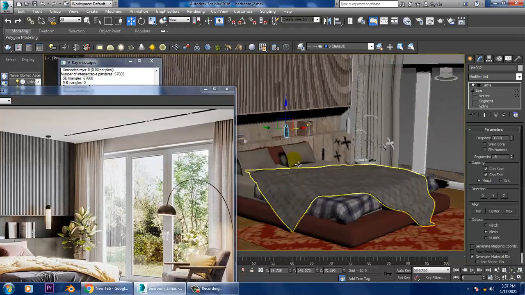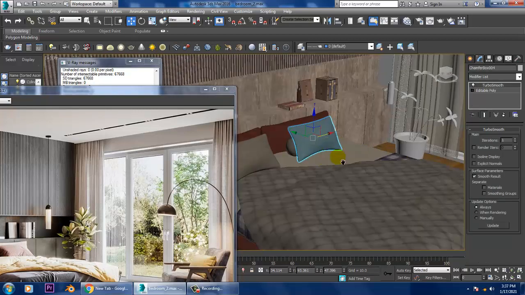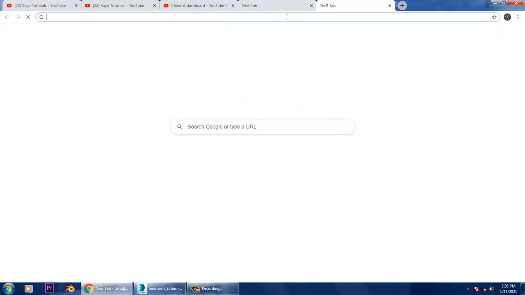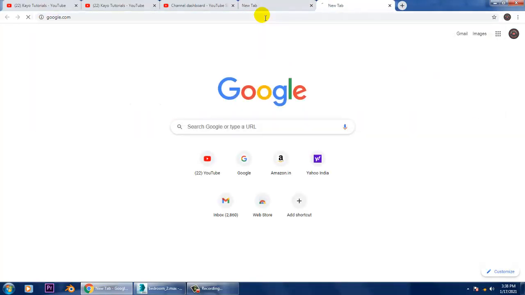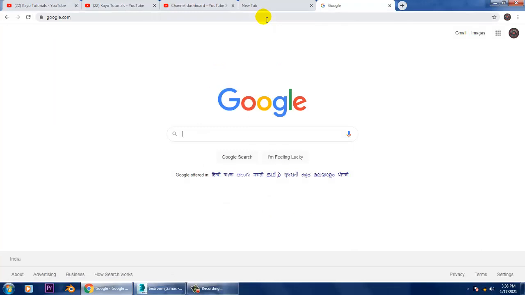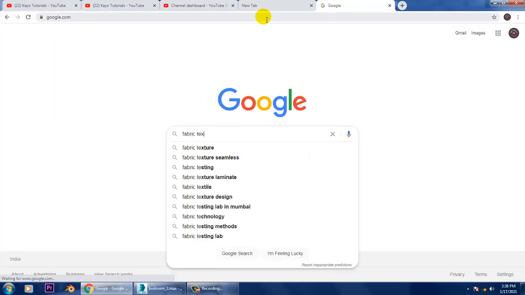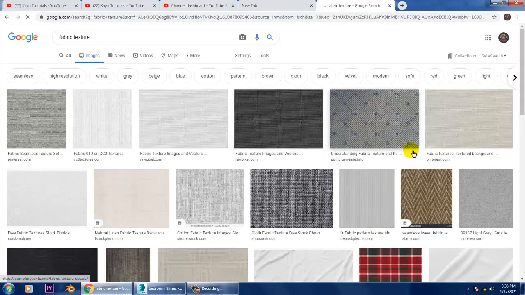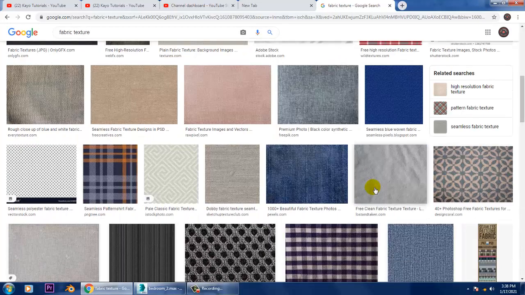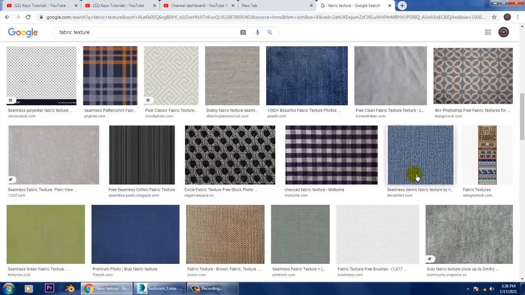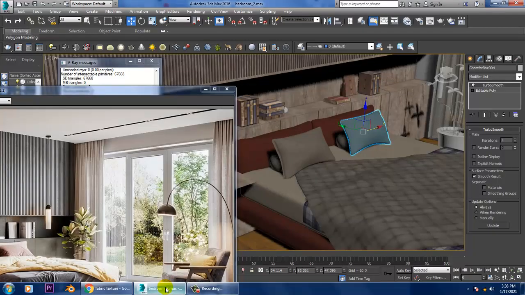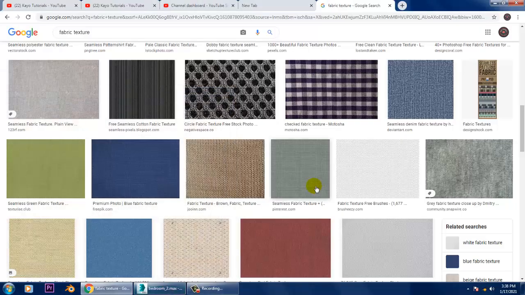I think we can change the texture for a pillow, so we can try to take some other fabric texture. It's not always necessary to go with the same texture. We can slightly take another texture also. So let's see which texture we can take.